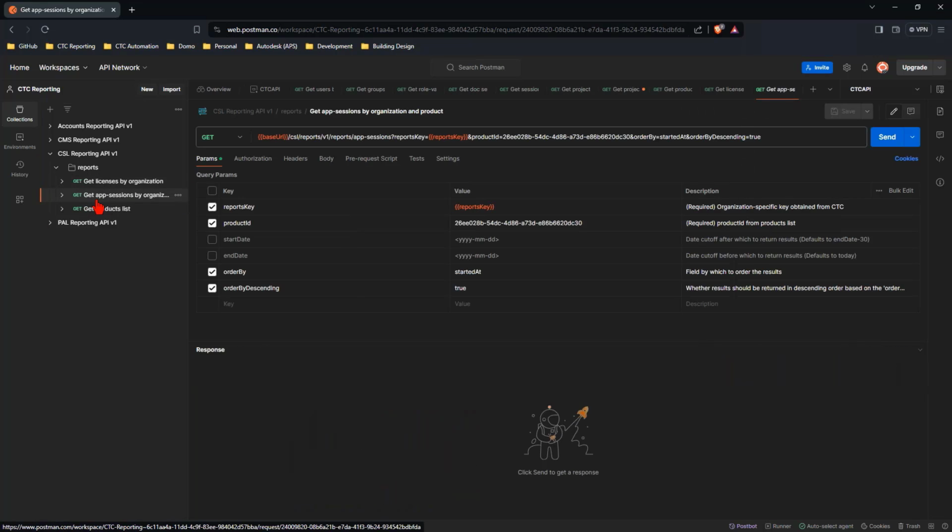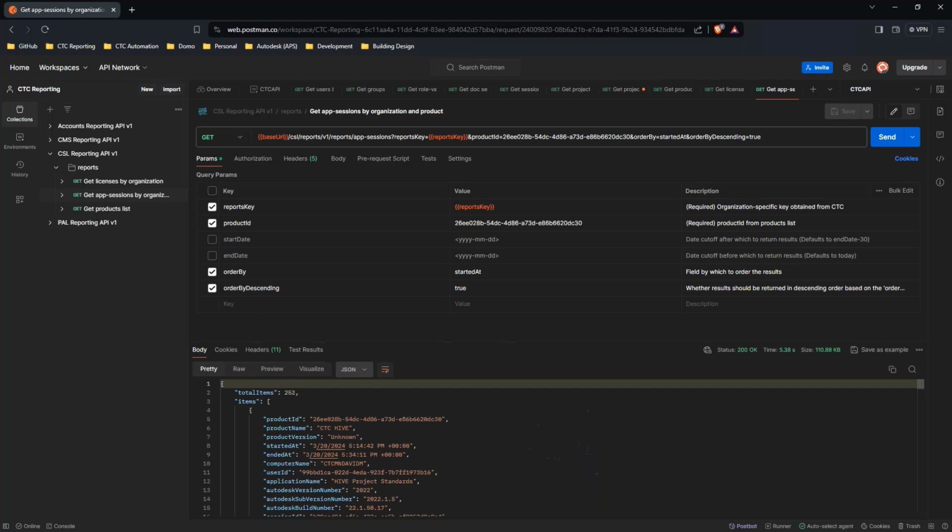Also, you can go in here and you can see individual distinct sessions. Now again, on the web portal, you only get 30 days of this. But here, you could request as much as you want. In my case, I'm just going to let it be the default 30. I'll hit send here, and we'll see something probably a little bit specific that's going to give us a trigger for some of our next conversations. Oh, I guess not. I only have 252 total sessions in the past 30 days of tools here at CTC,